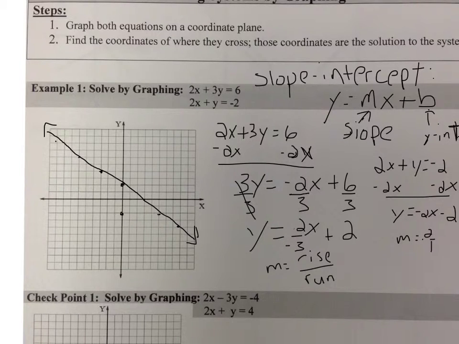And again, the negative goes on the 1, so it's going to run to the left. It's going to go up 2 and 1 to the left from the y-intercept that we plotted. So from the -2 on the y, we go up 2 and 1 to the left, and then up 2 and 1 to the left, and then up 2 and 1 to the left, and there's where we cross. I don't really need to plot any more points. I can draw the line in, but that point right there is where we cross, and that's the answer to